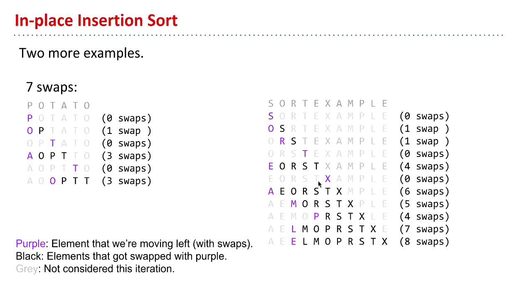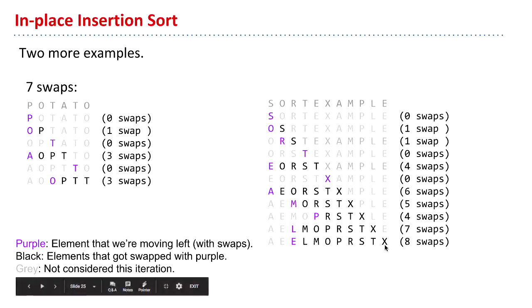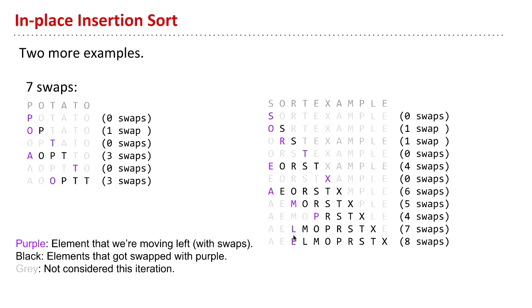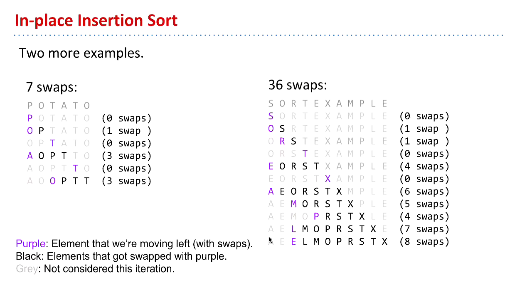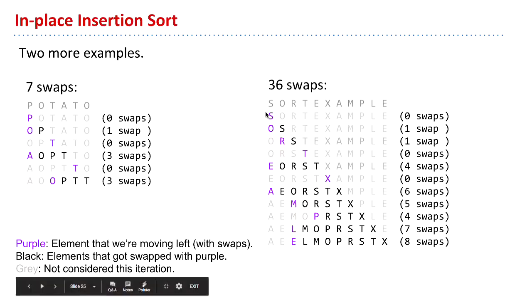But sometimes it's very fast, right? Like when X is the boss, what happens? Nothing. Okay, and so forth. And so when we get to this last step, for example, we have AELMOPRSTX, E. Well, E pushes its way to the front, basically, leaving these others, and there are two people already really still there. Okay, so in this case, there's 36 total swaps out of a possible somewhat more. All right, any questions about